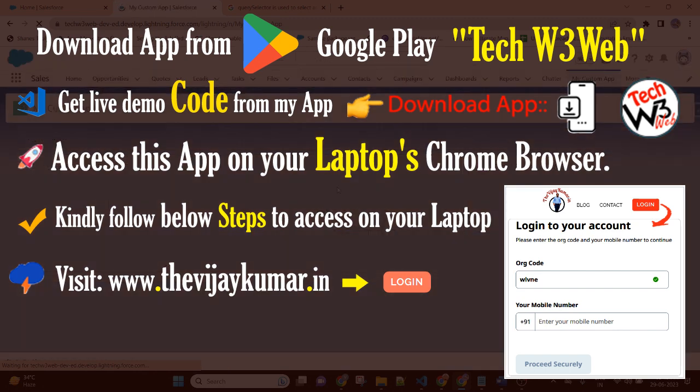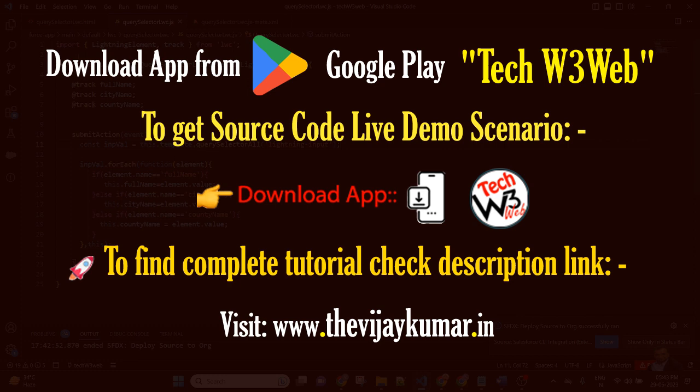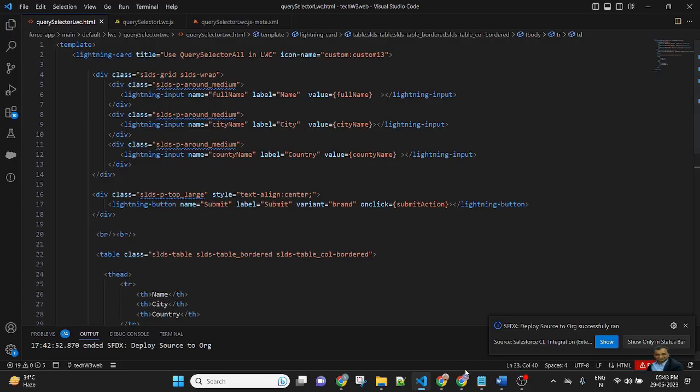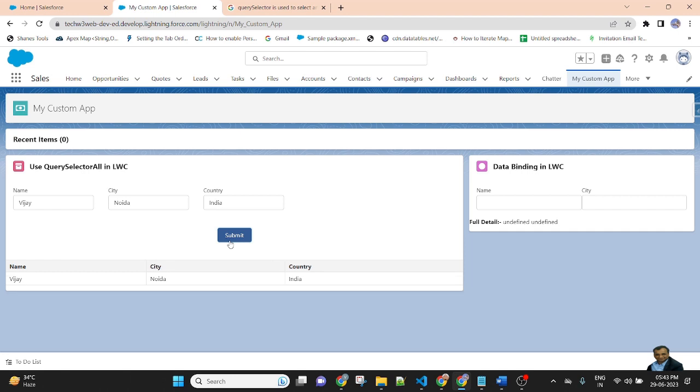I am using these Lightning input values. This is the same LWC component that is displaying here. Now I am putting the values for name, city and country: name Vijay, city Noida, country India, and submit.